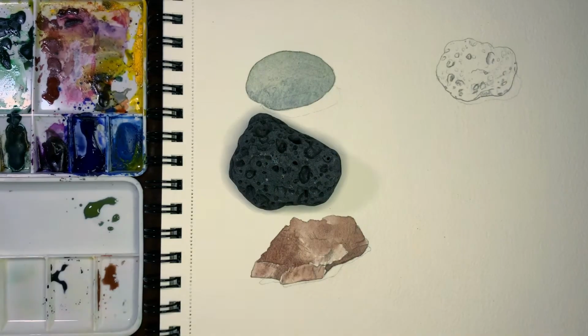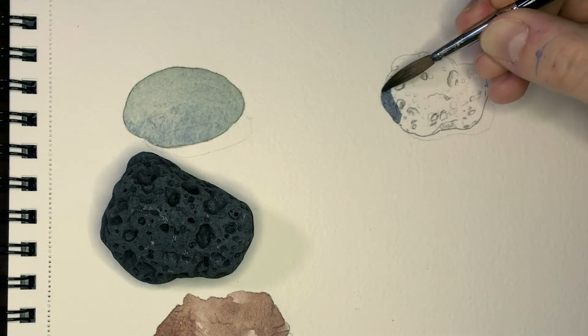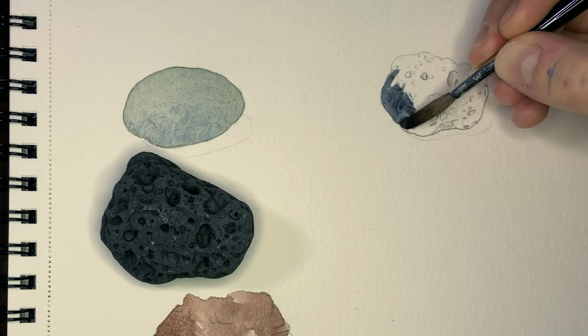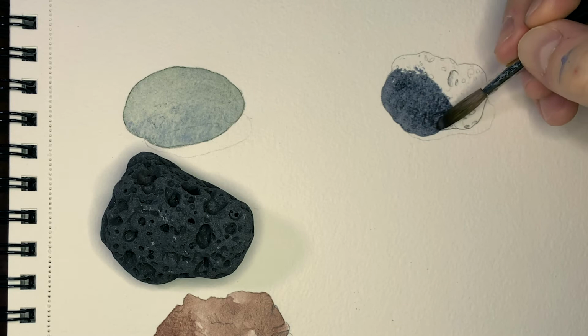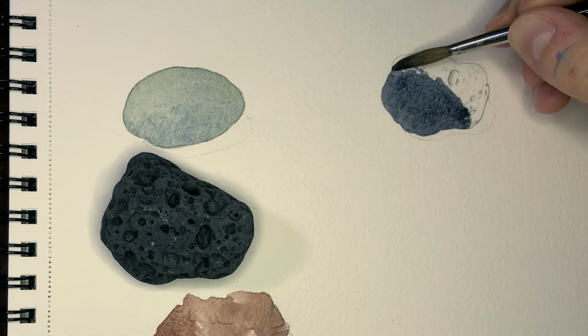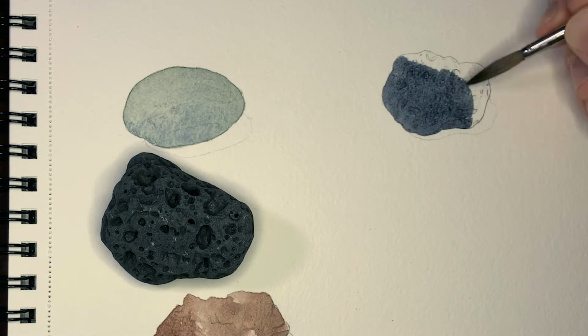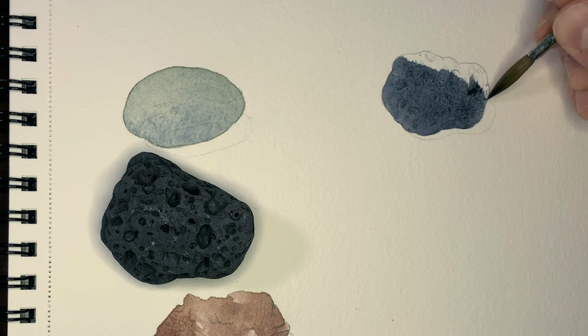And I'll point out that when I did the drawing for this rock, I intentionally allowed myself to go a bit darker with the pencil marks than I normally would, because I know this subject is very dark, and so I want those pencil marks to be able to be seen as I'm working. If they were too light in this case, they'd be completely obscured by this wash that I'm doing. And already they're mostly obscured, but I can still make out some of the darker lines, and that'll be helpful